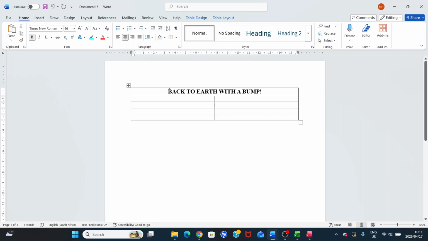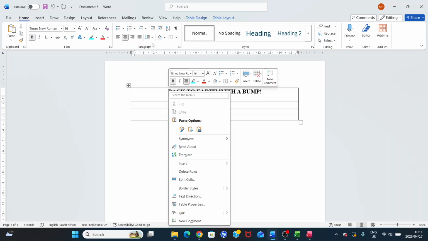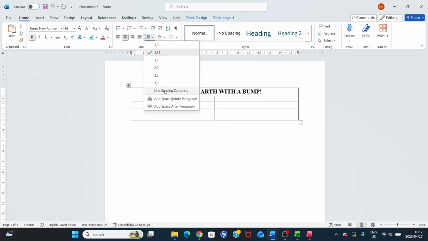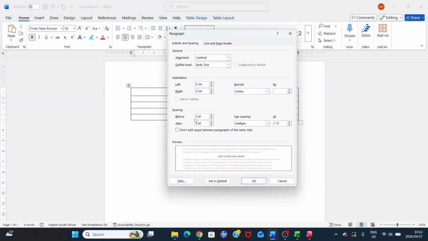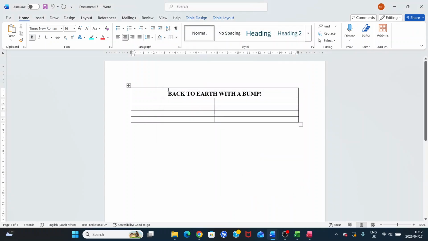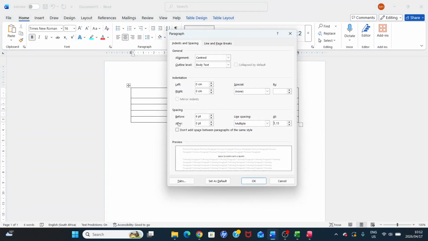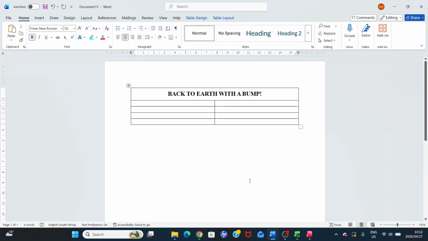So we're going to click before the B. We don't have to right click. We can just go to line spacing options, and then the before spacing, let's just make it 6 points. And as you can see, it just creates a little bit of space there at the top. And then we click at the exclamation, and then we just change line spacing options for after to 6 point. As you can see, we're not doing that for everything in this table. We are just doing it for the title. Okay, so we are ready to continue.